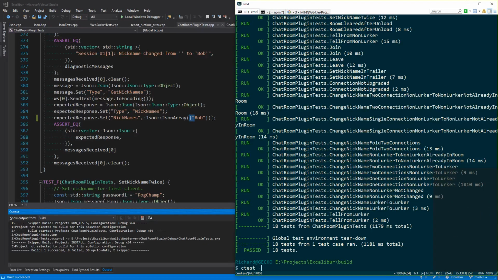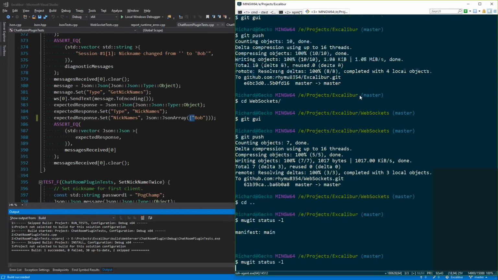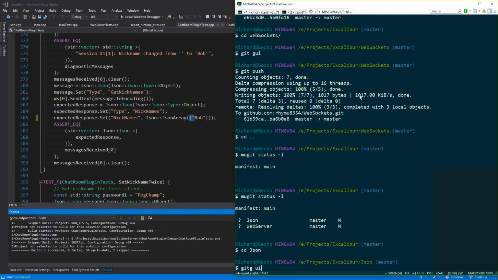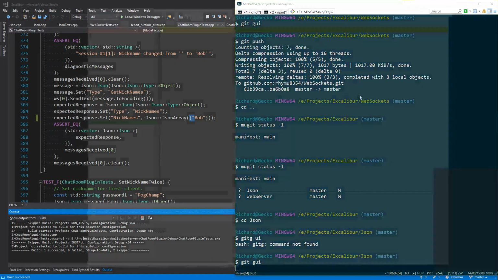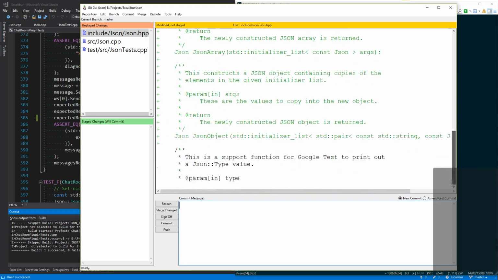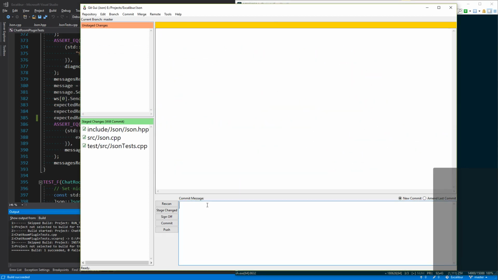Cool. One more time. I'm assuming it's going to work, and I'll just start building the commits here. So we technically changed the JSON API, which is why we had to change the chat room too. JSON: replace initializer list constructor with helper methods, helper functions.